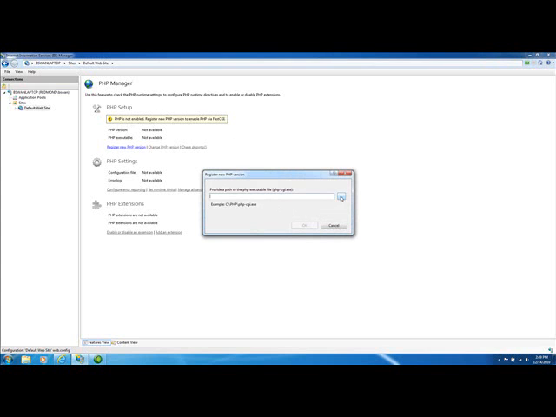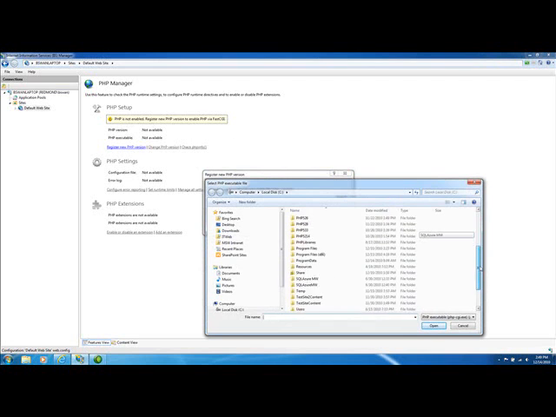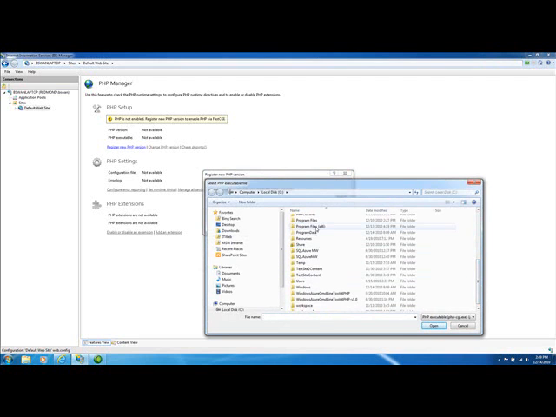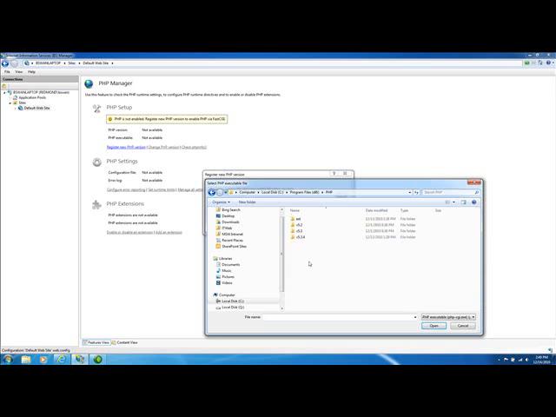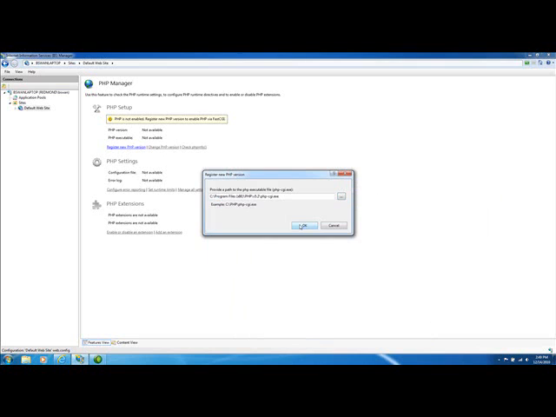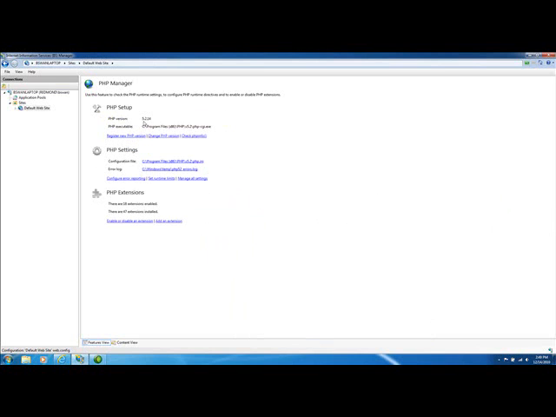We just navigate to a CGI executable. So here, I'm going to navigate to where I know I have my PHP installation set up. So in my program files, PHP, and you can see I have several versions set up here. So just as an example, I'll use 5.2, point at that CGI executable, open, and click OK. And now we have PHP 5.2.14 set up on this site, and we can see the path to the executable,